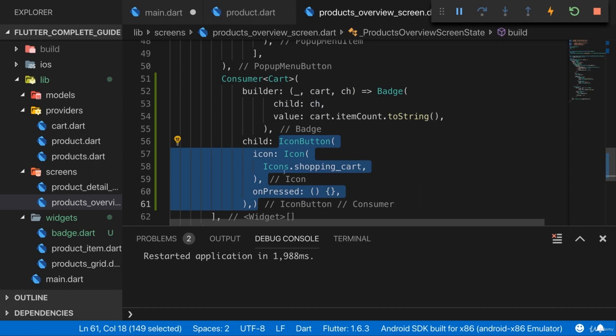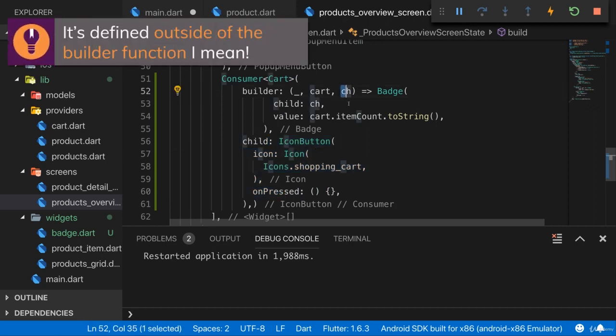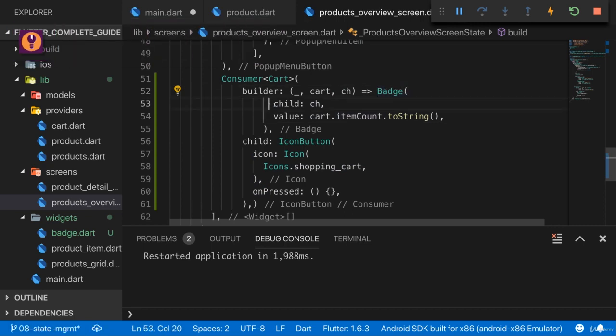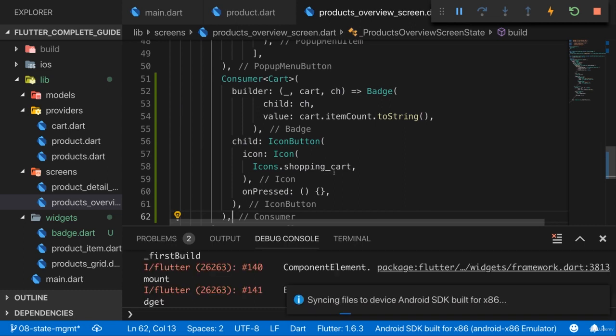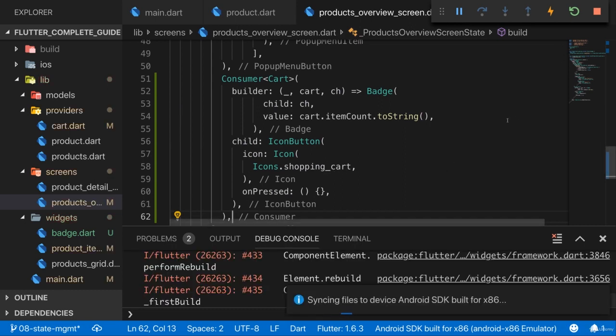The important thing is that it won't be rebuilt when my cart changes because it's defined outside of cart. I then receive it in here in the builder and I can refer to it here. And batch also has a child argument to which I then pass this static child I defined out here, which simply is done this way so that it doesn't rebuild when cart changes. Now if we do a full restart here,